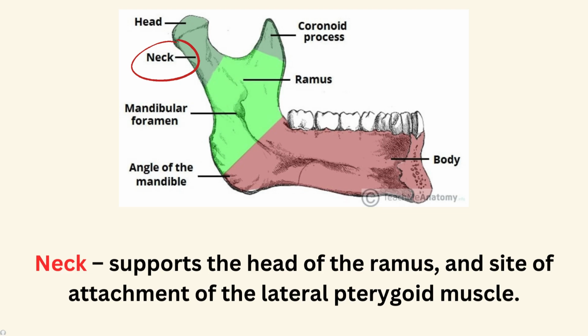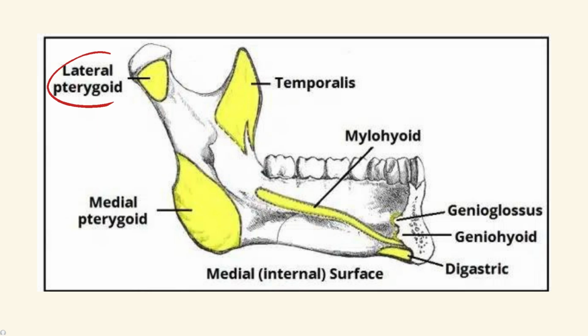The second part is the neck. It supports the head of the ramus, as you can see, and it is the site of the attachment of the lateral pterygoid muscle. Where is the lateral pterygoid muscle? I will show you a picture in a few seconds. Here is the lateral pterygoid muscle, in which the neck of the rami provides a site of attachment for the